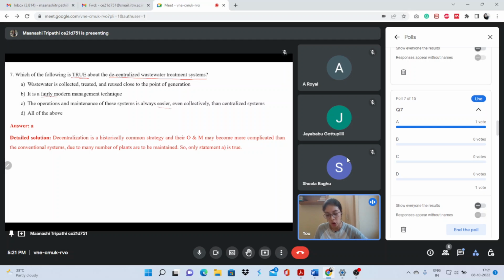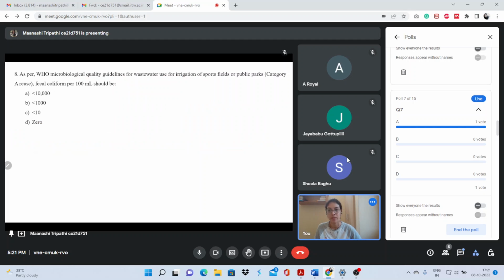Second thing, the operation and maintenance is not easy because there are so many small treatment plants that we need to take care of. So that's why it's not easy. But reuse is easy because we need to take care of only small portion of water, so we can reuse it as much as we want. So coming to question number 8,